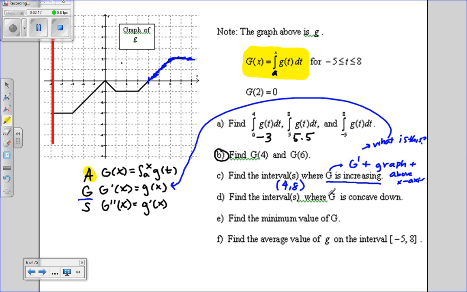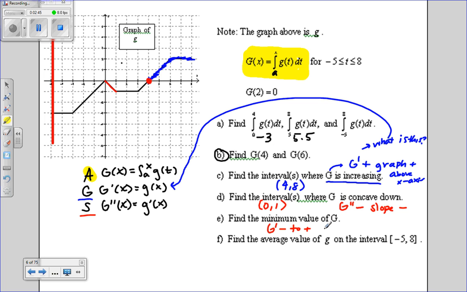Where is G concave down? That's where big G double prime is negative. What's big G double prime? The slope. So slope is negative, 0 to 1. Minimum value is where G prime goes from negative to positive, which is right here,